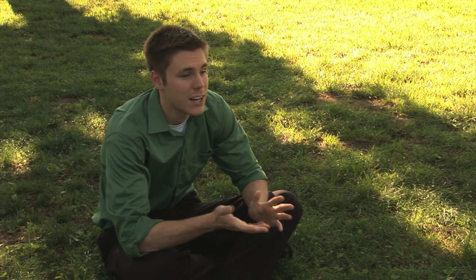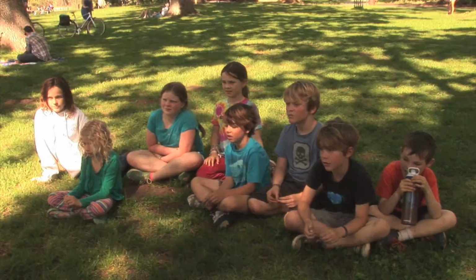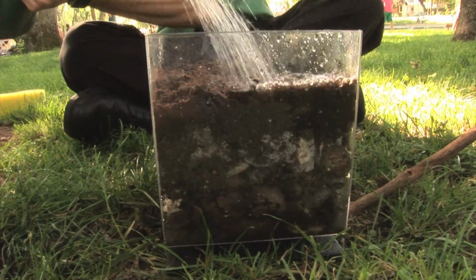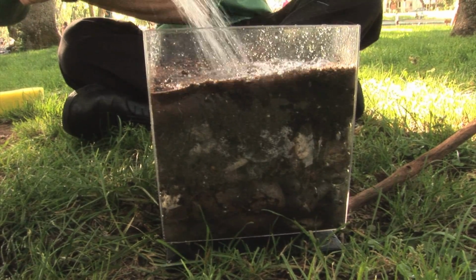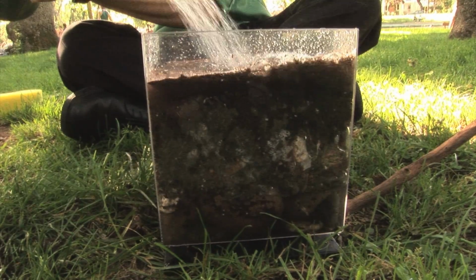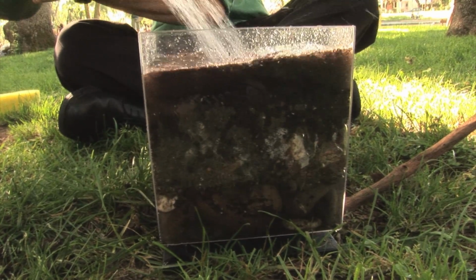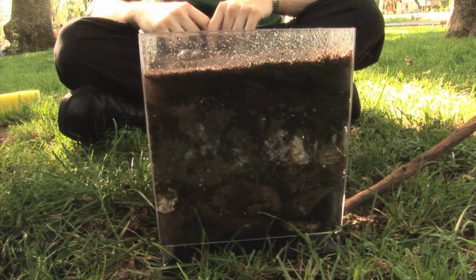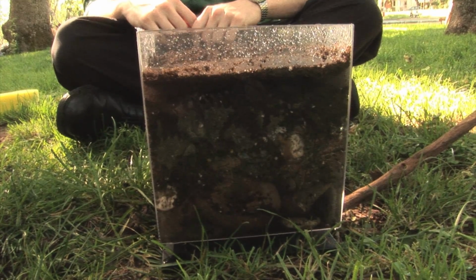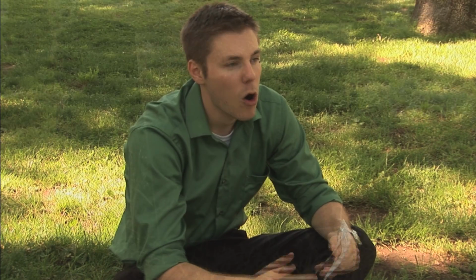Groundwater is water located underneath the Earth's surface, in soil pore spaces, and in the fractures of rock formations like this. Let me give you an example. So another word for groundwater is aquifer, and basically this groundwater and aquifer makes up all of our drinking water